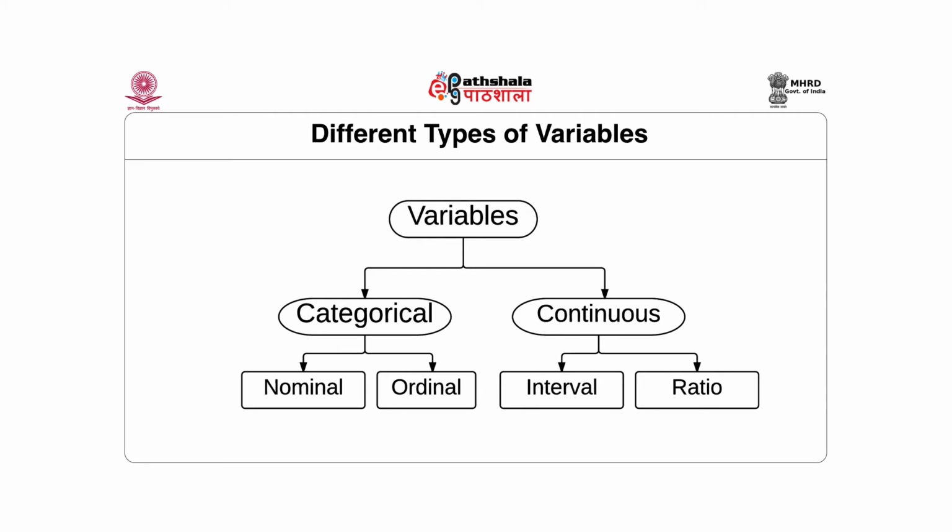Now, if we could form a loose classification tree of the different types of variables that we get to see in our data analytical work and processes, you will see that you can largely divide them into two groups. One group of variables is known as categorical variables. The other group is known as continuous variables. And variables, of course, are any entity that can vary in time, over space,